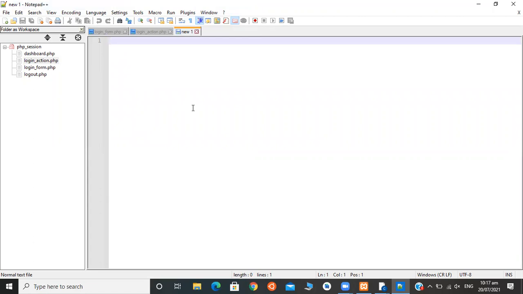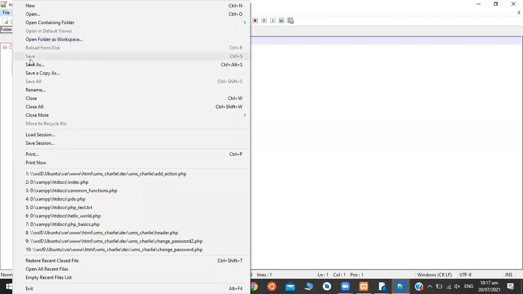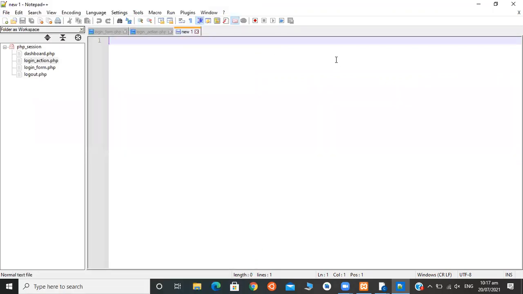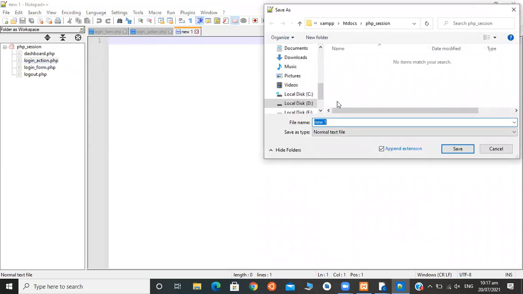Let's save it. Let's give the name login form.php.